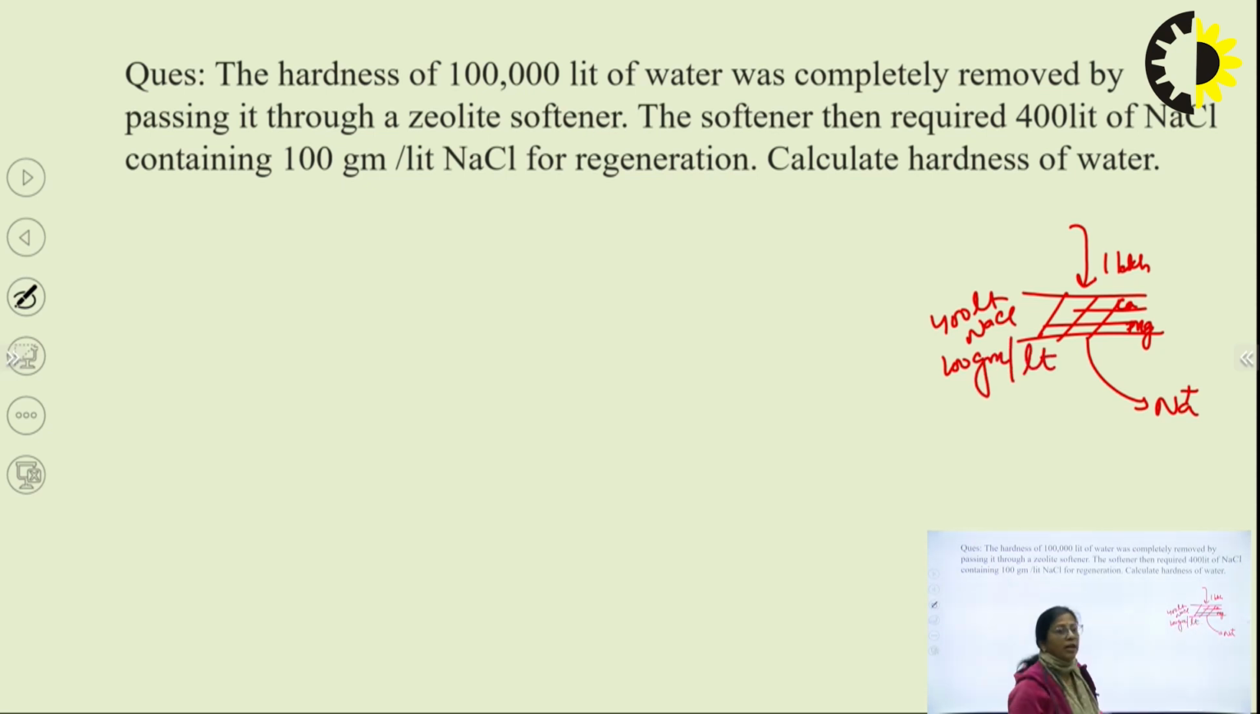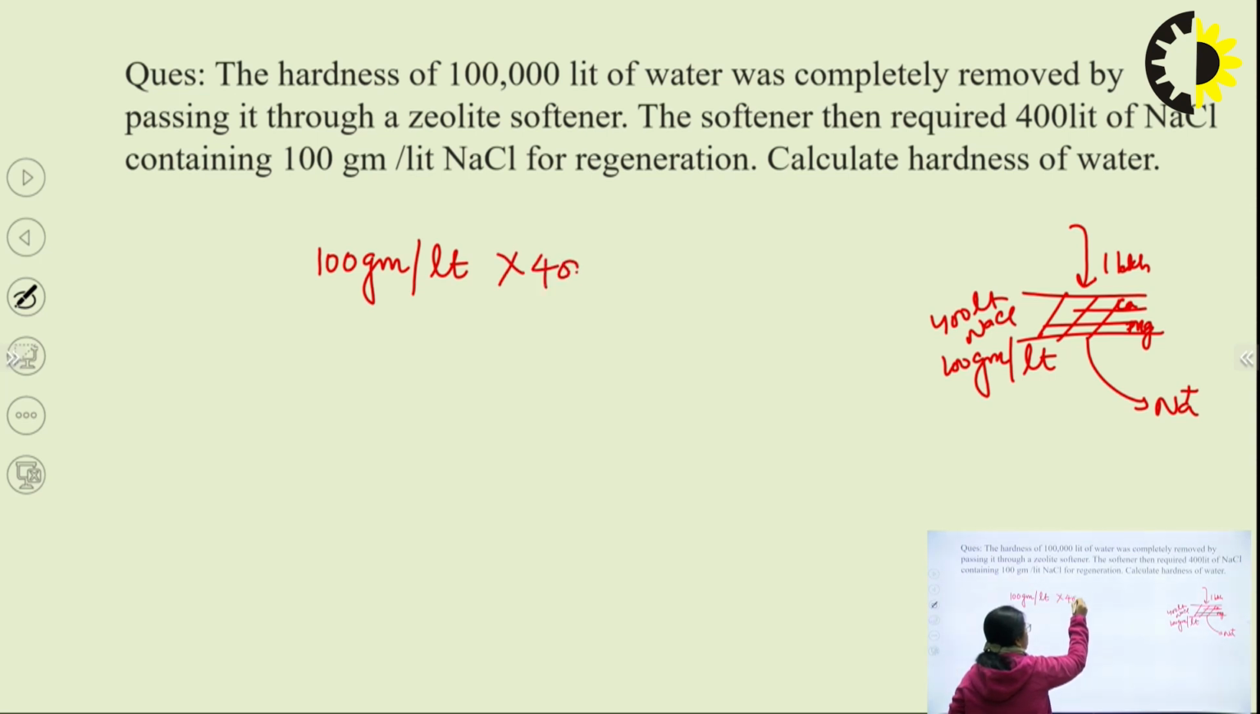So, now we have to back calculate the hardness of water, how hard the water was which was passed through the zeolite softener. We don't know the hardness, but we know how much NaCl we are utilizing to remove the hardness. That means the hardness produced by the hard water is equivalent to the NaCl utilized for its removal, and the strength of NaCl we are utilizing is 100 gram per liter, and we are utilizing